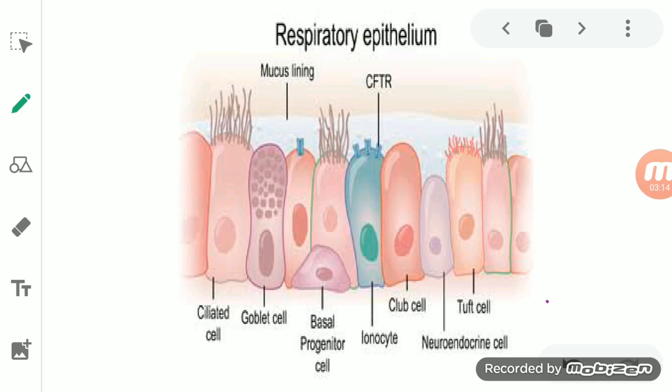Let me tell you one more time that the fallopian tube is a part of the female reproductive system, but the fallopian tube is at a slightly different portion, a different location from the uterus.